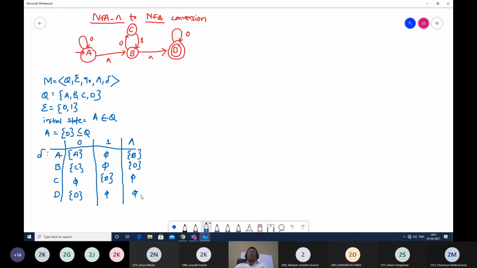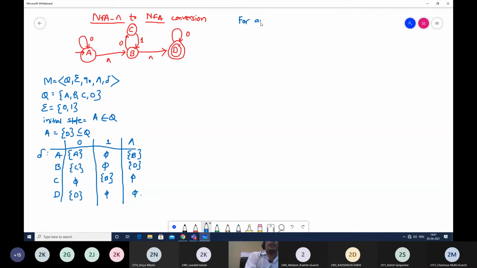Now we have to convert this NFA null to NFA. We all know that in NFA, we don't have null transition. But we cannot simply remove this column from the table and say that our NFA null is converted to NFA. Whenever we remove the null transition, we should also analyze its impact on all other transitions. So in order to do that, we follow one equation for this conversion. The equation is as follows.